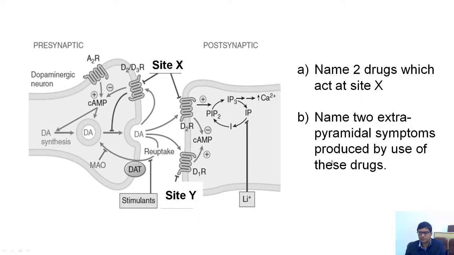Name two extrapyramidal symptoms produced by use of these drugs. Now this is another hint which you can get from questions like these. Even if you are not able to recall what D2 stands for, if the question is asking about extrapyramidal symptoms, it should ring a bell that this must be something related to D2 receptor blockers, because extrapyramidal symptoms are typical of D2 antagonists. So any extrapyramidal symptoms like akathisia, acute dystonia, or drug-induced Parkinsonism, neuroleptic malignant syndrome, anything you can